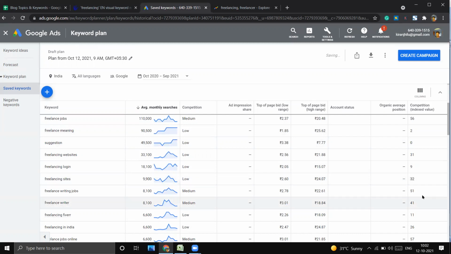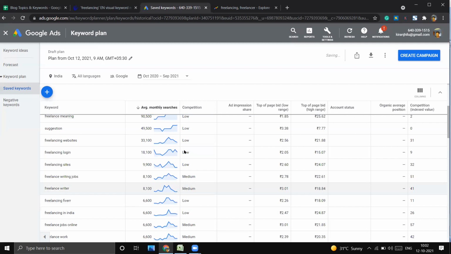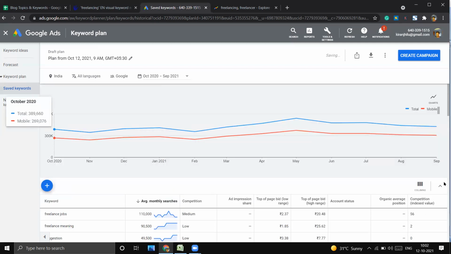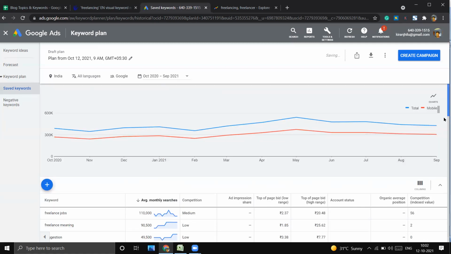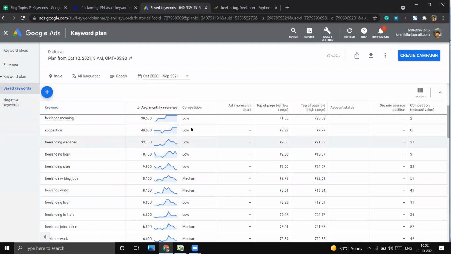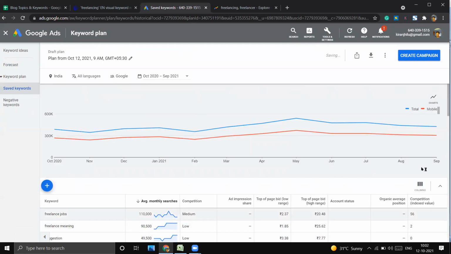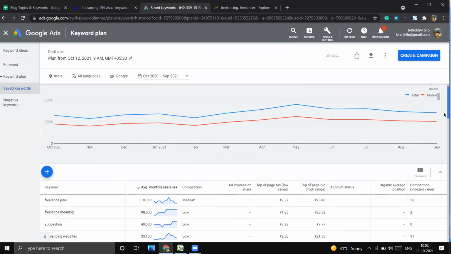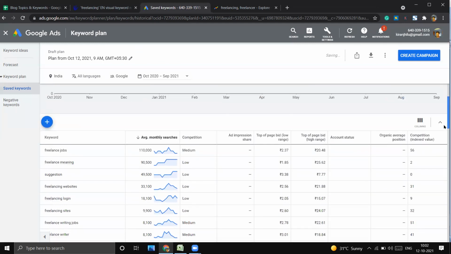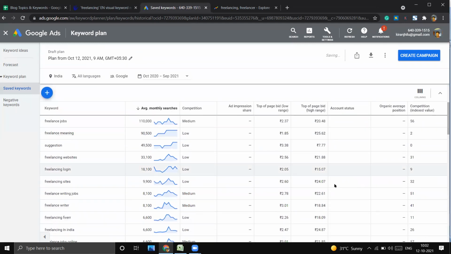Okay, now from here you need to select these keywords, which to select and which not to. So how to select them? You need to check the competition level and the search volume. Search volume must be higher, at least 500 or 400. This is the starting point you can focus on, and it can go up to a high level.